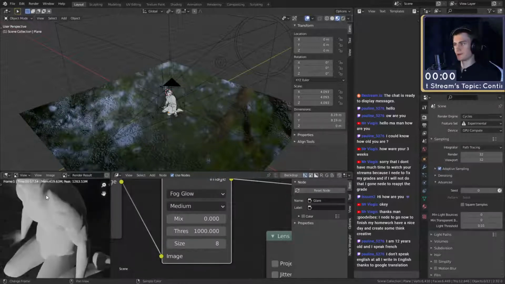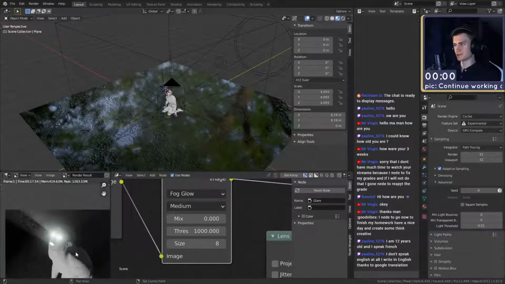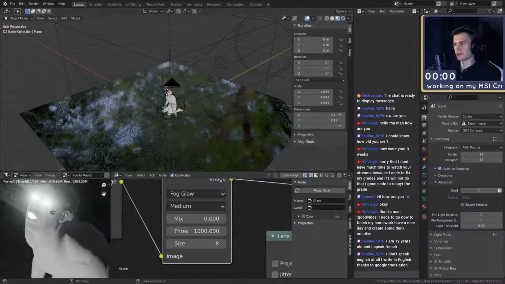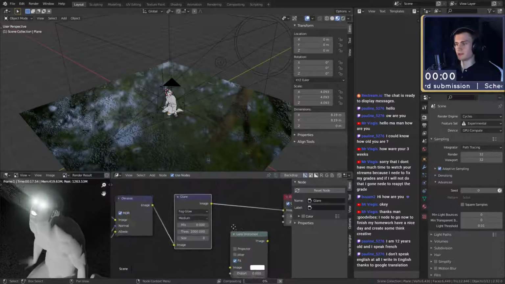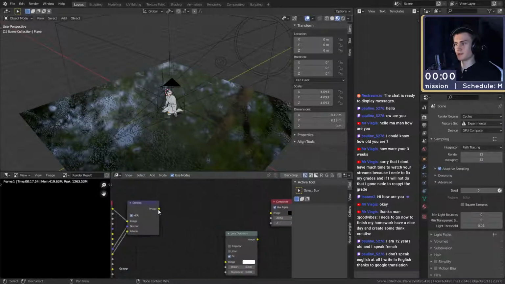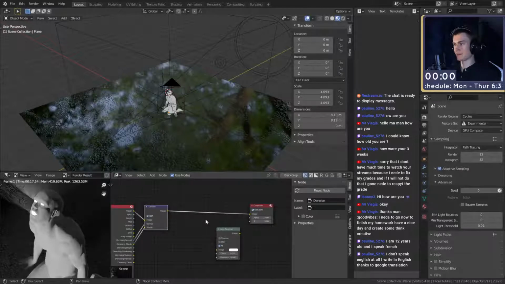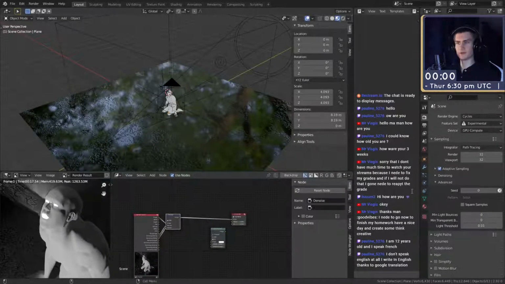That's still super strong. It's weird that his mouth isn't as strong as his eyes. Maybe you can see the light directly in the eyes. What about 5000? Oh, it doesn't go over 1000. Well, then we can't use the glare node, unfortunately. Which is kind of a shame, because it kind of adds more.